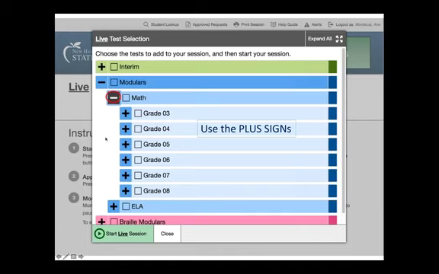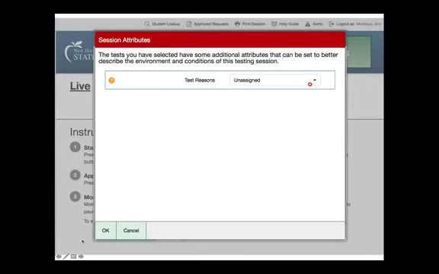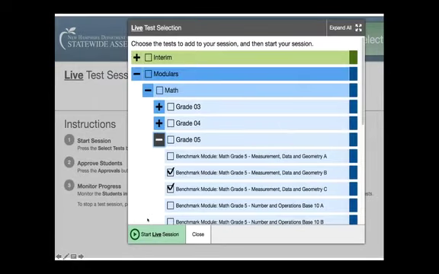So when we looked at the interims, you could see that there was one for grade 3, 4, 5, all the way through 8. On the modulars, there's the same. There are assessments for 3 through 8, but there are choices in those. So you want to click on the plus sign again. Otherwise, you open up everything. Right now, I just want to give the measurement and data B and the measurement and data C. So by putting a check mark in those boxes now, whoops, I didn't mean to do that. There is no more plus sign. So when you get to no more plus sign, then you can put a check in the box.